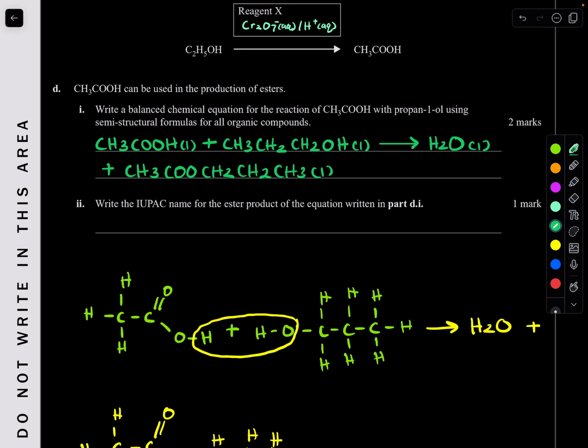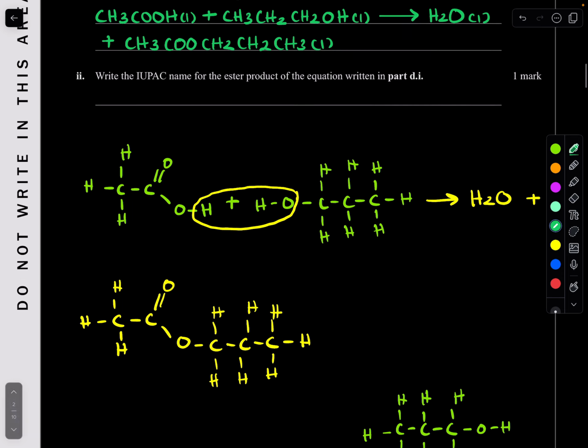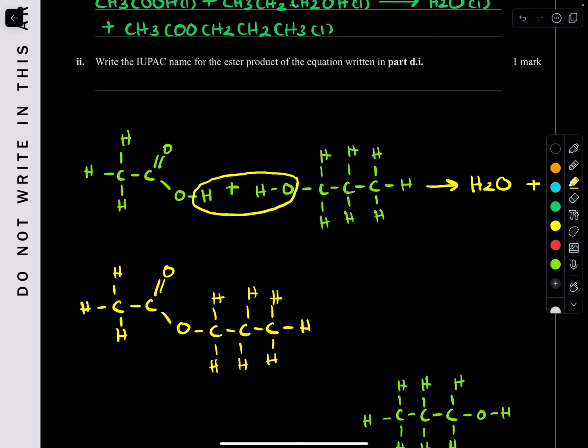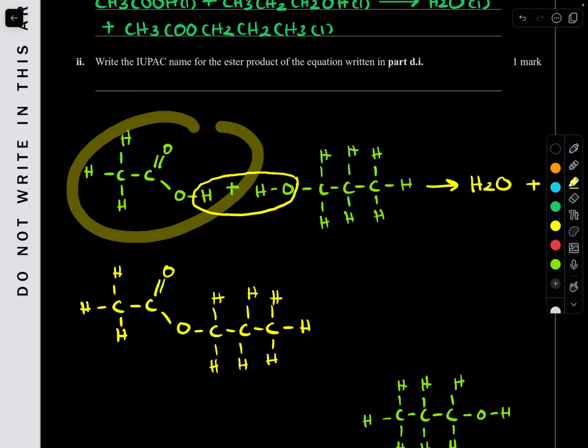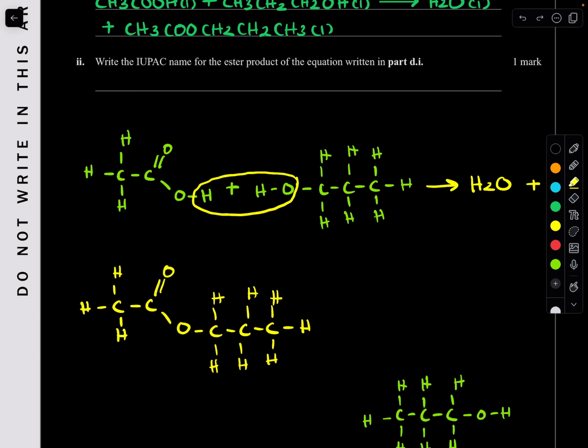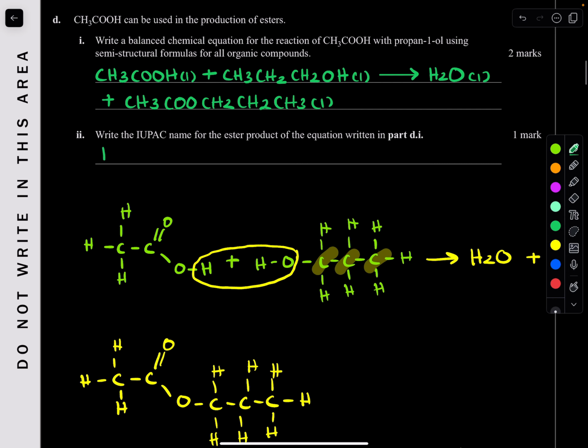Write the IUPAC name for the ester product of this equation. Easy. Whenever we're dealing with esters and naming them, we're going to have one part that is of course the alcohol group, and we're also going to have where the carboxylic group was. So we always start with the alcohol group. What is the number of carbons that we used? Well, we got 1, 2, 3. So that is a propyl. So your name will start with prop-